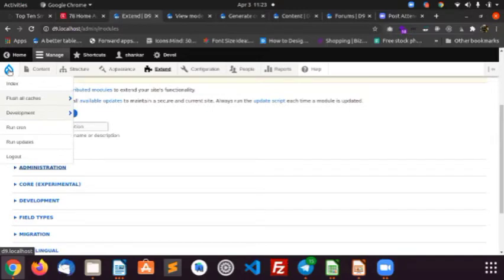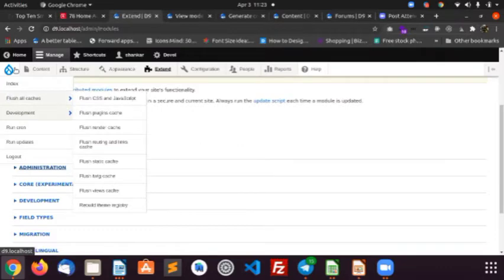When you mouse over the Drupal droplet, you can see Flush all caches. Whenever you build any modules or work on the coding part, sometimes the function will be cached at the page level, JS level, CSS level, route level.